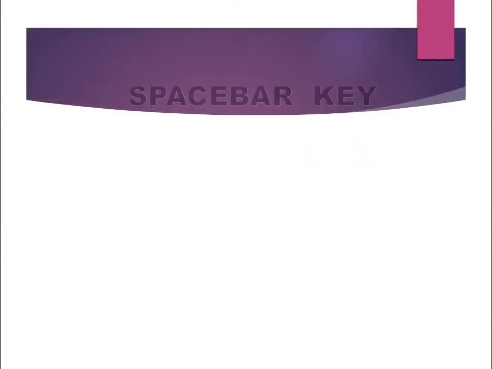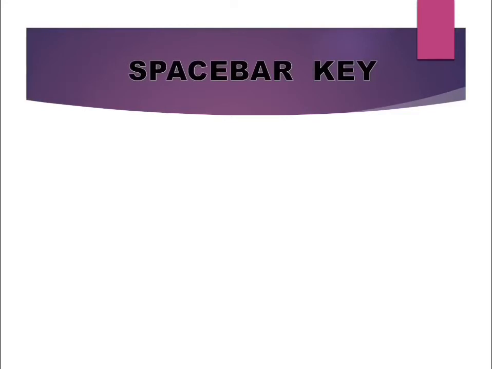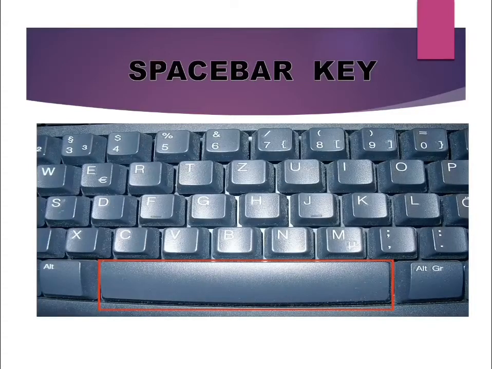Coming up next are the special keys which have a fixed special function, amongst which the space bar is known as the longest. It is the longest key of the keyboard and its function is to give space between the words. You all know that whenever we type statements, there should be a space between different words, like the way we have space here present between space bar and key. So this is done with the help of the space bar key.